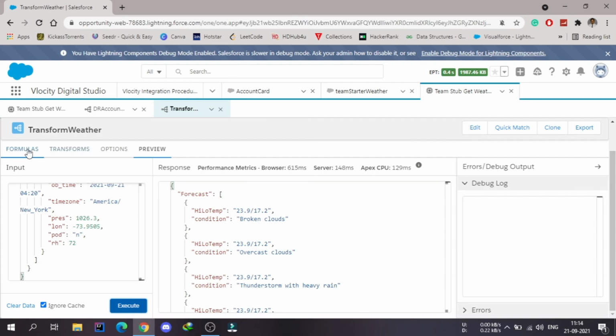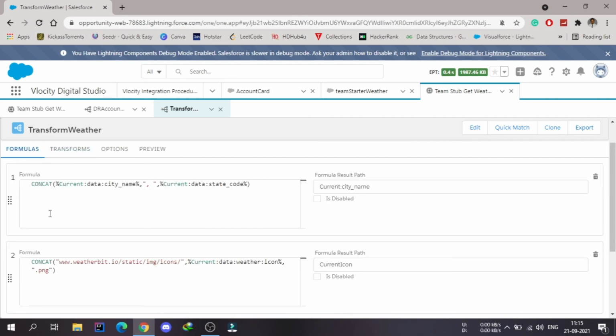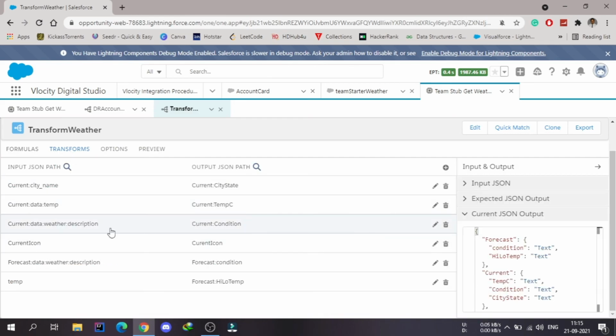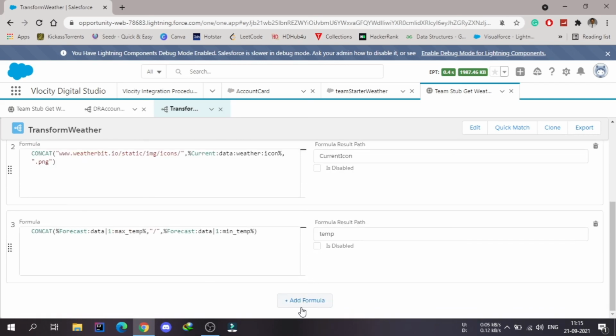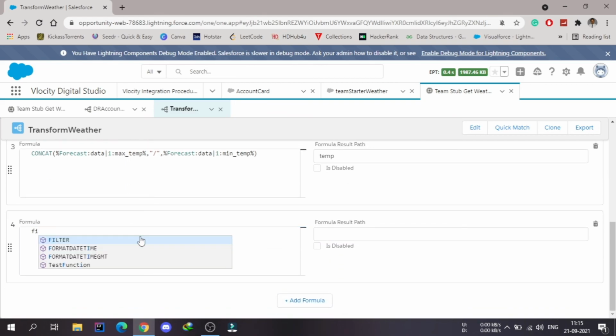So inside this data wrapper transform, we are only using this concatenate and some naming changes to this input. So we can have multiple formulas. If I scroll down and try to add one more, we can see that here we have multiple formulas like filter, like if condition. So multiple formulas you can use. So try the different formulas and let me know in the comment section which of the formulas you have used and what is the correct syntax for that.